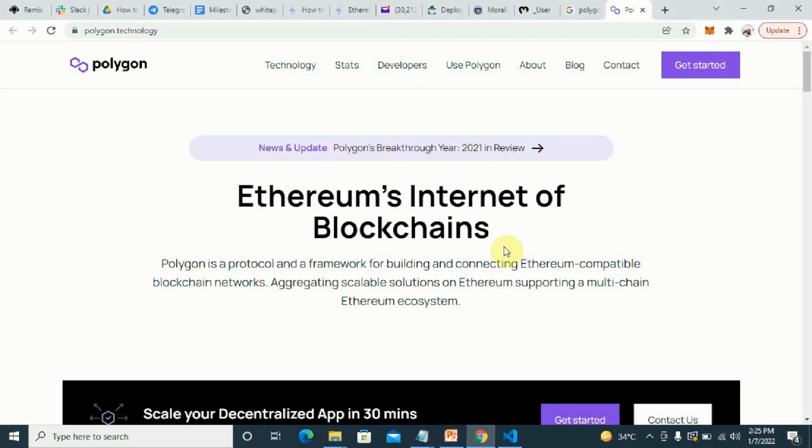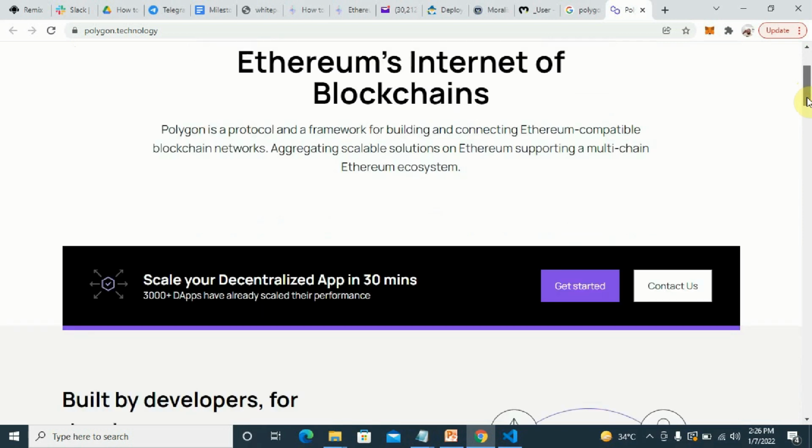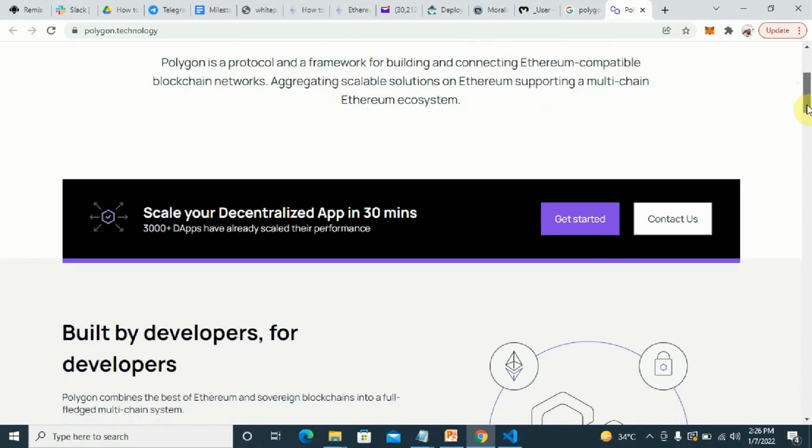You can easily head up to the Polygon website. You go to Polygon the technology, and you can read all about Polygon here. The first statement you're going to see here is "Ethereum's Internet of Blockchains". Polygon is a protocol and a framework for building and connecting Ethereum-compatible blockchain networks, aggregating scalable solutions on Ethereum, supporting a multi-chain Ethereum ecosystem. So what they did is create a layer 2 network of Ethereum